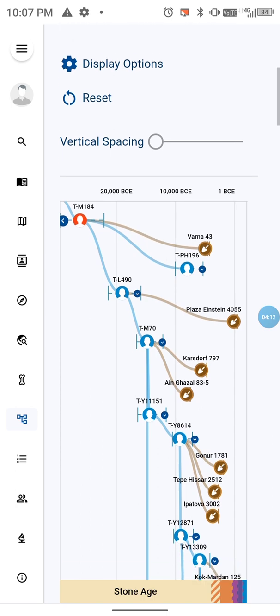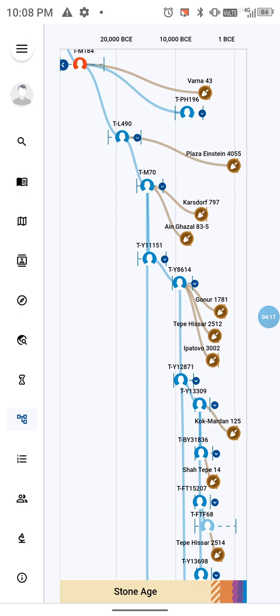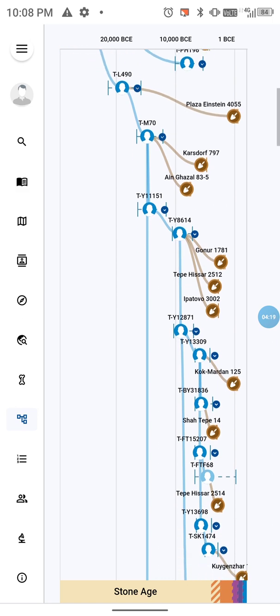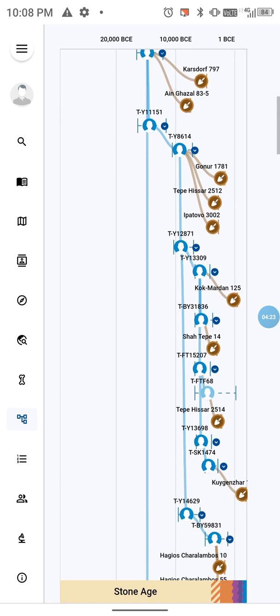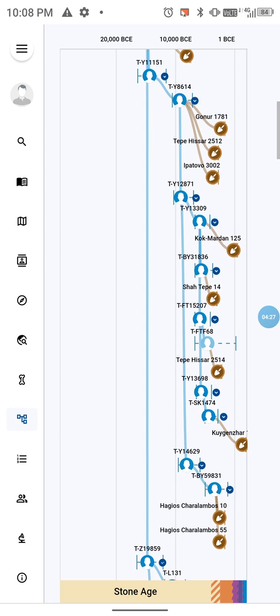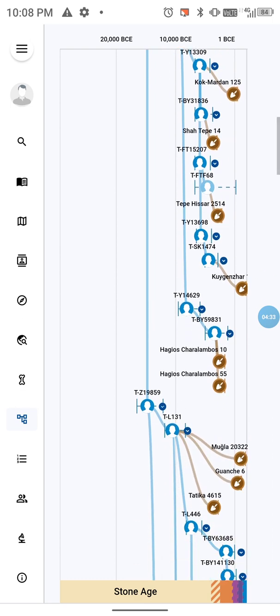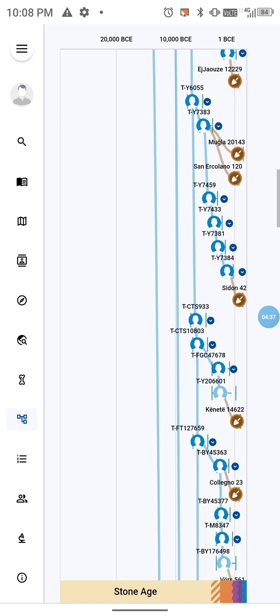So you get to look at this tree, and you could see and better understand how the SNPs emerged, or how the haplogroup diversified, branching off to all the different discoveries, all the different people that have tested,